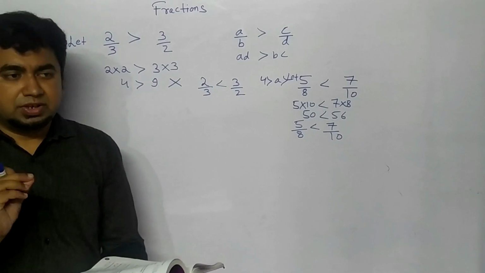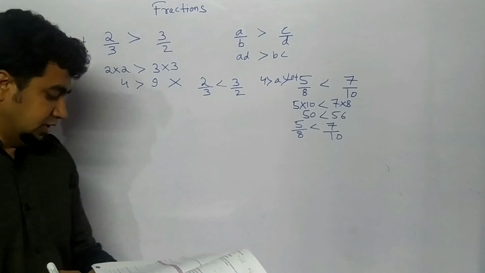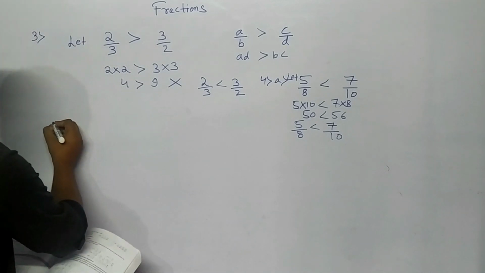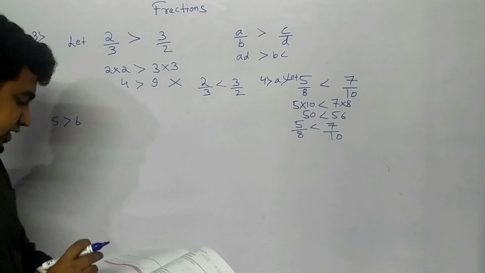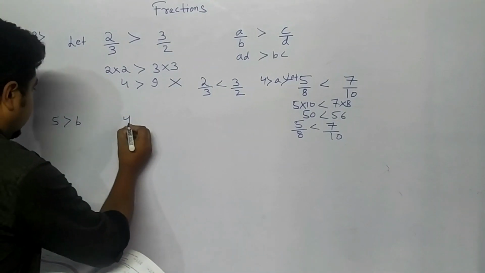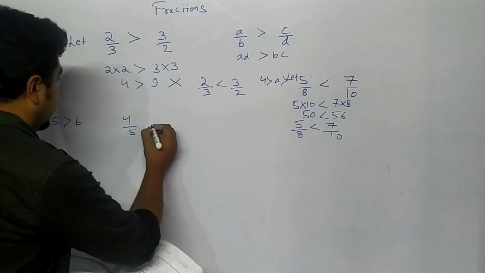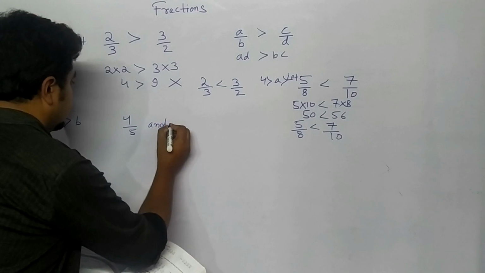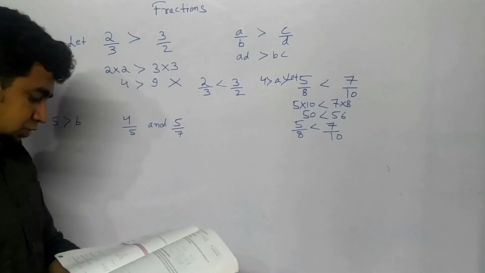Now you have to insert any number. Insert a fraction between two fractions. I just want to discuss here question number 5b. You can see here what the method is. Two fractions are given, 4 by 5, and the second fraction given to us is 5 by 7. See how to do this.